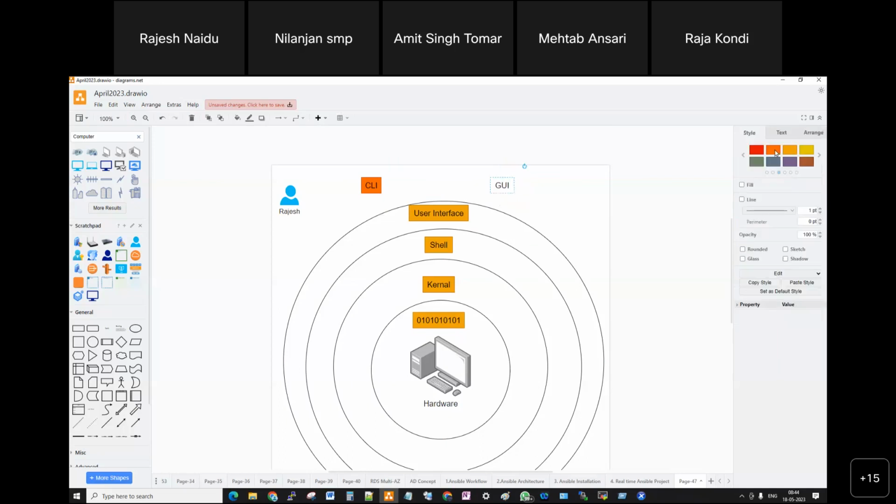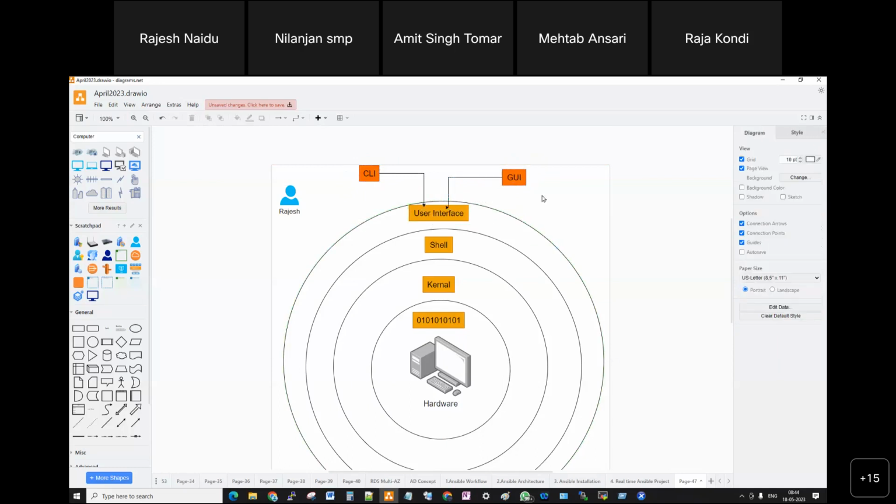GUI. We call it GUI, graphical user interface. Right. So these are the two interfaces there. Everybody understand now how the Linux architecture was built?